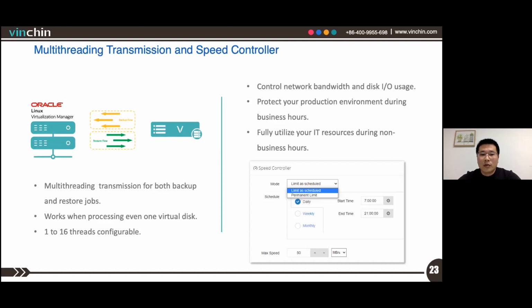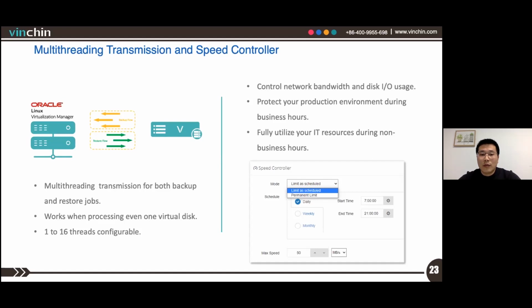And to avoid multi-threaded transmission from impacting your business critical services, the speed controller can be scheduled to limit the network bandwidth and the I/O resource usage during the business hours. And during the non-business hours, the limit will be canceled.